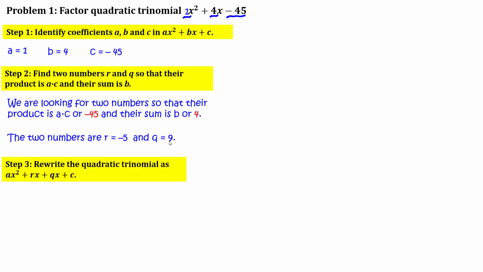So step 3, you take your ax squared plus bx plus c, and that middle term, that bx, you break it up as plus rx plus qx. Okay, so what that means in practice, you get x squared plus 4x minus 45. I made the 4x term red because that's the one we're going to change, okay? So that's why I made it red. And you replace it with r was negative 5, so rx is going to be negative 5x. Q was 9, so qx is going to be plus 9x minus 45. You're doing a little deconstruction here, okay? Because that's what factoring is. You're breaking things up